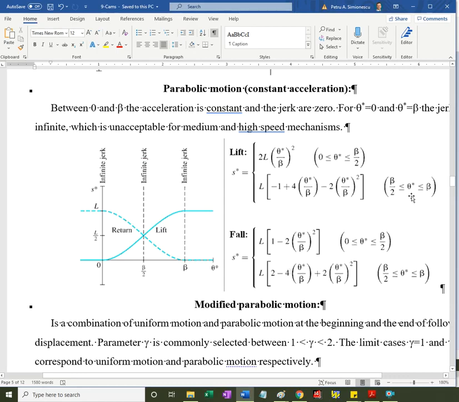and they are defined based on where I'm at with current angle theta. So between 0 and half of the duration of the lift or the return beta, I apply this equation, and this would be the second equation to use as theta goes between beta divided by 2 and full beta. Again, it will be up to you to decide what the duration of beta will be. You decide how big L should be,